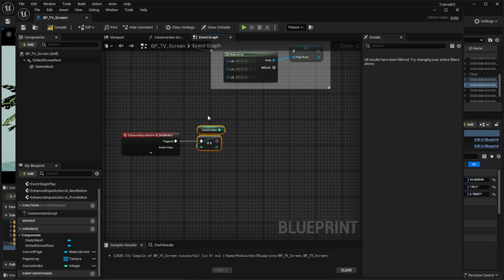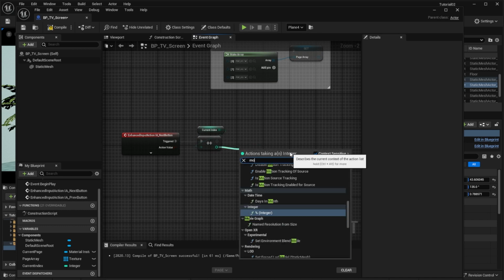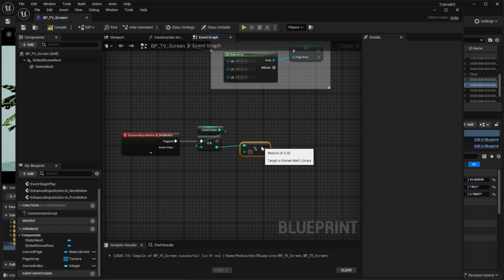And the only thing we want to watch out for is if we have run into the end of the index numbers, if we've got up to 2. Because if we get to 2, we don't want it to go to 3 because there's nothing saved there. We want it to go to 0. So let's use the modulus, which is a very helpful math function. Modulus, perfect. Which looks at the current number and sees how many times it's divisible by the length that we want, and it returns the remainder,